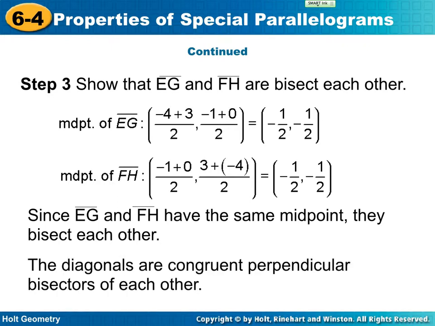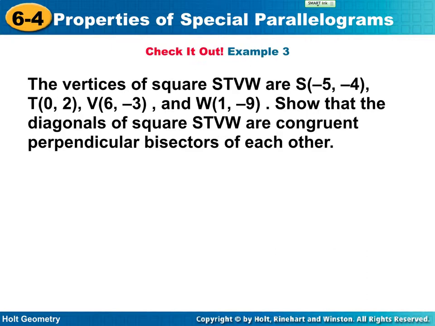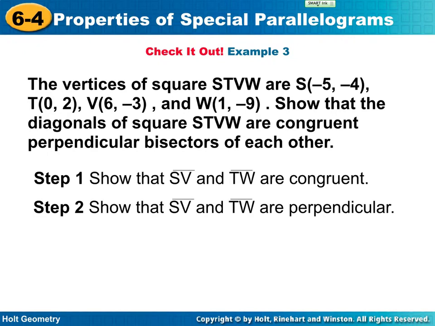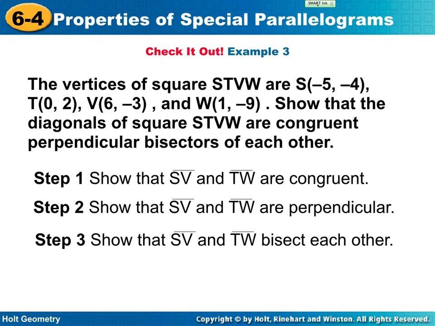Okay, so let's see what else I had. I had another one of those. So what are the steps? Step one is? Distance formula. Okay, distance formula to show they're congruent. Step two, slope to show the perpendiculars. And step three, midpoint. And make sure you're doing all